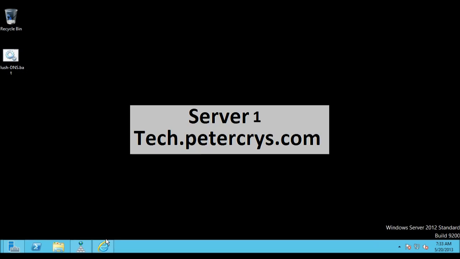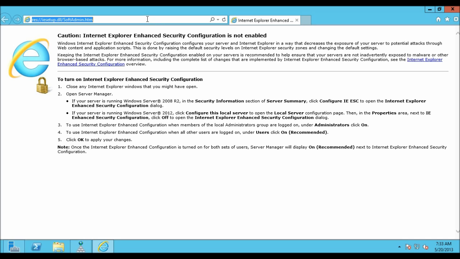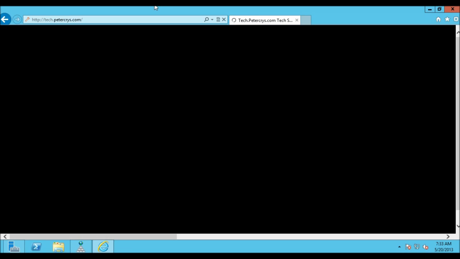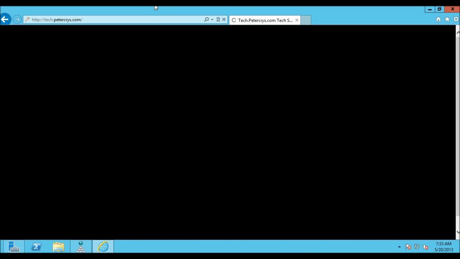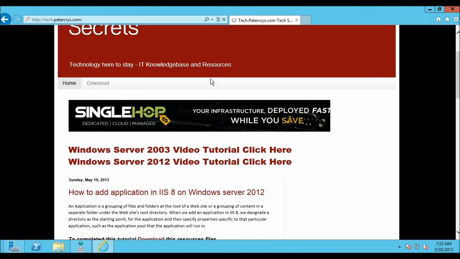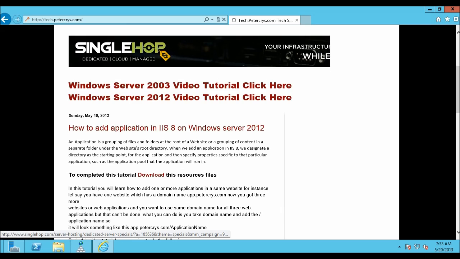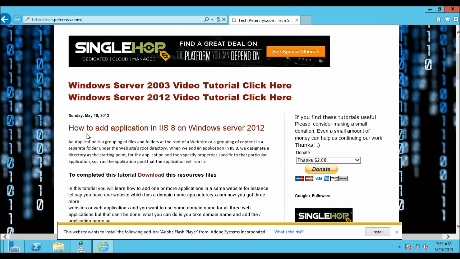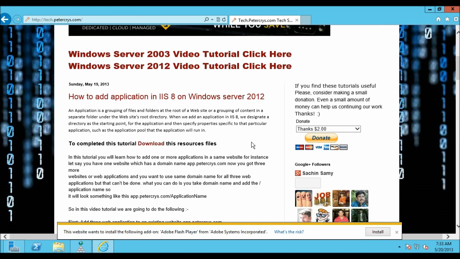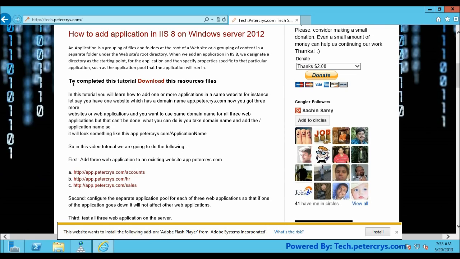So let's once again close Internet Explorer and open it and type tech.pdecrest.com. Okay, here we are on tech.pdecrest.com. You will find a blog. From here you can download a file which we require in order to complete this tutorial. So click on download,